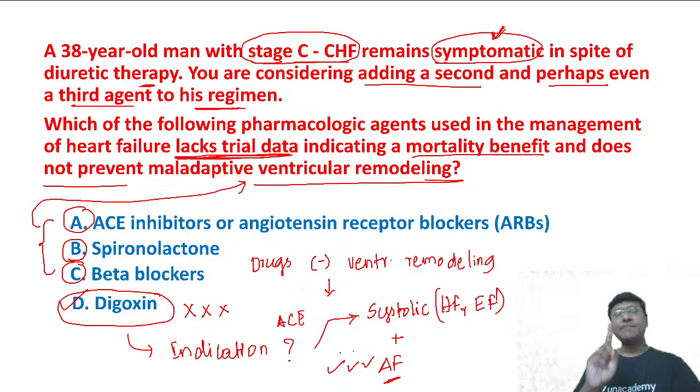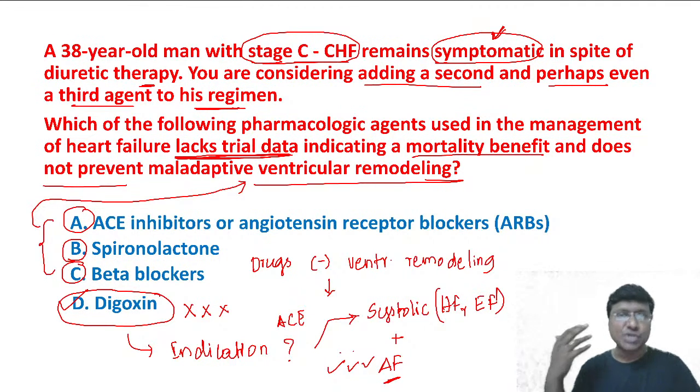Okay, so if the question is asked in which type of heart failure you will give digoxin, the answer should be heart failure with reduced ejection fraction. What is an absolute indication? If the heart failure is associated with atrial fibrillation, digoxin can be given. Now, in which clinical scenarios of heart failure digoxin is not advised? That means it is not useful. Digoxin is not useful in acute heart failure. It has no use in acute heart failure. Okay, so the answer here is heart failure with reduced ejection fraction, you need to give digoxin, right? Next.